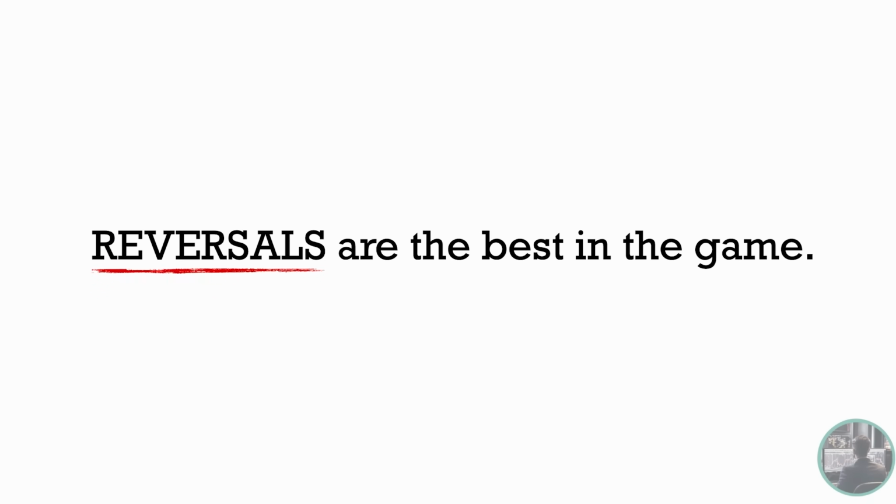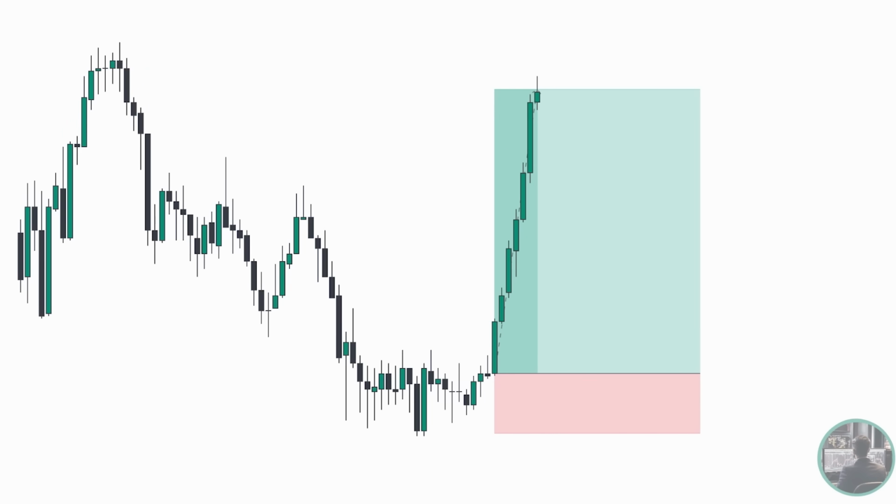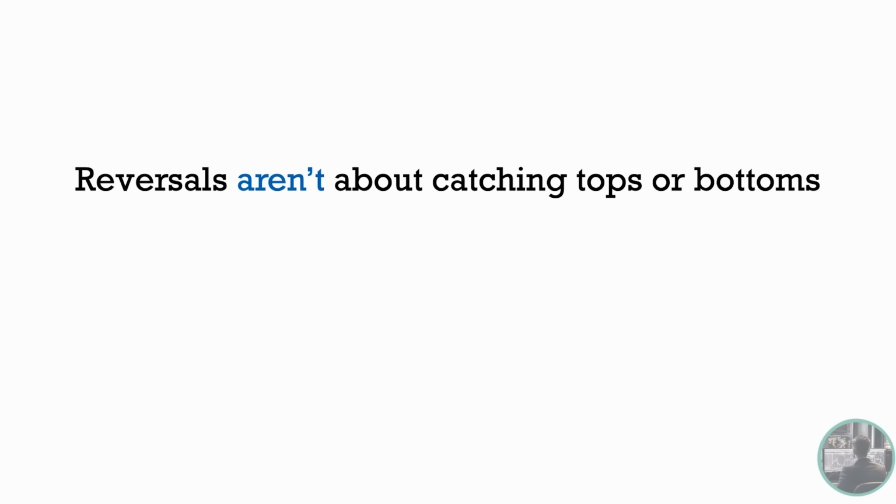Let's be honest, reversals are the best trades in the game. One good reversal can make your whole week. And when it works, you feel like you saw the whole move before it happened. That's why everyone wants to trade them. But here's the problem. Everyone gets absolutely wrecked trying to trade them, and they end up red instead of green